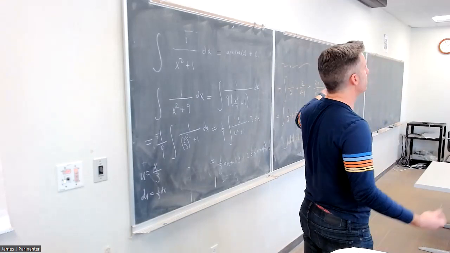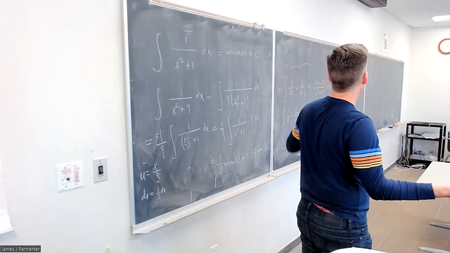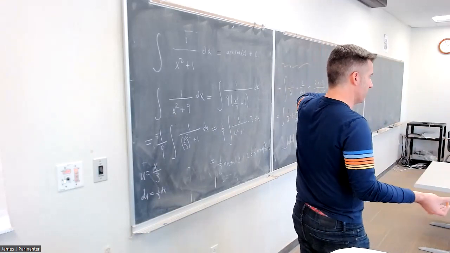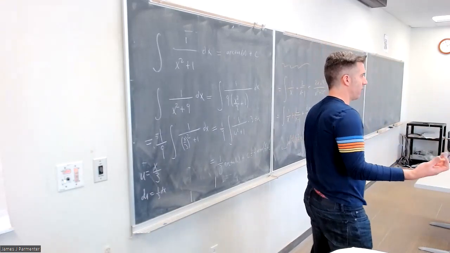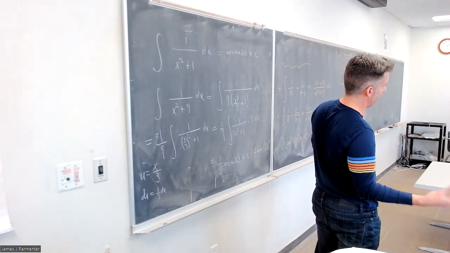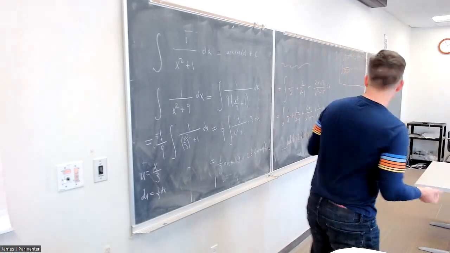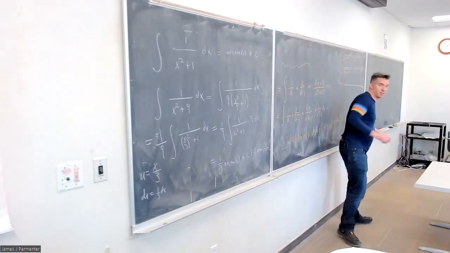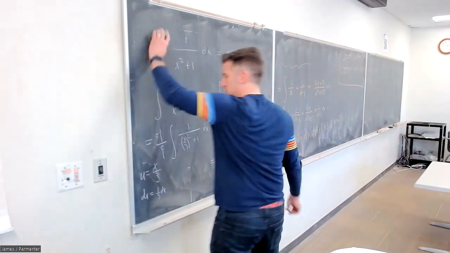So the long story short here is that you are typically welcome to just have memorized those formulas. You don't have to be like, oh, I see 1 over 9 minus x squared, I need to do the trig sub x equals 3 sine theta and go through all that work. So the reason I bring this up is because sometimes